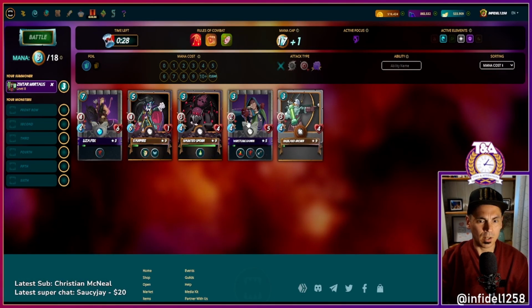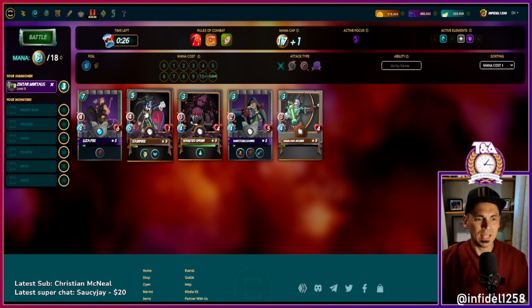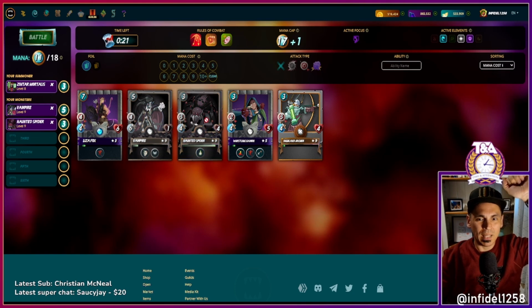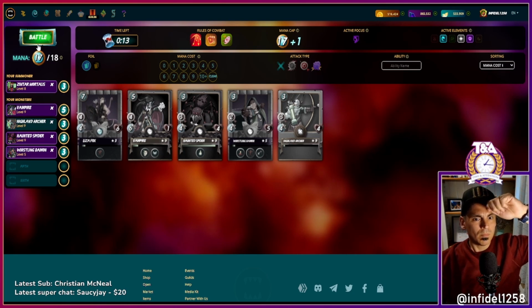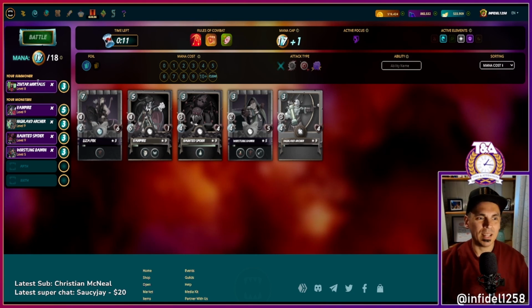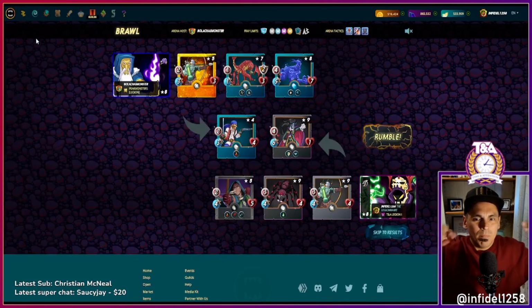There she is, Zintar. And then we go. That'll give us a little bit more. Do I do it? I don't know. The speed might be so good they don't hit me. This is a cheeky move. I might totally regret it. Oh, if I didn't rent Zintar and I rented the 2 mana cost, which I meant to do, I would have been able to put in Liza Fox instead of Vampire. But